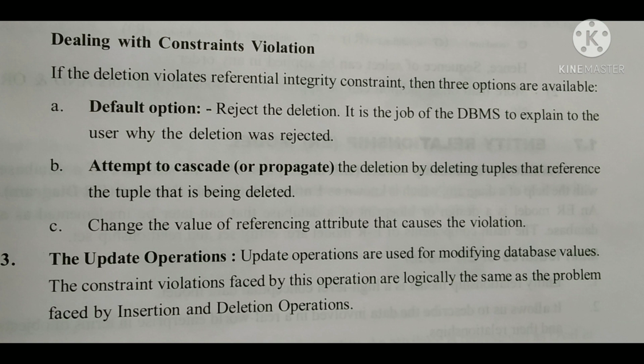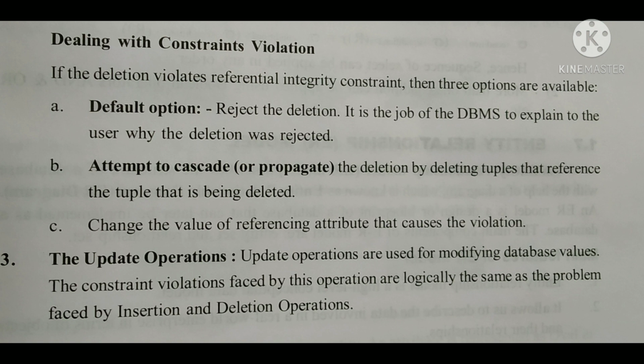Then we go to the second one, the deletion operation. Using the delete operation, some existing records can be deleted from a relation.